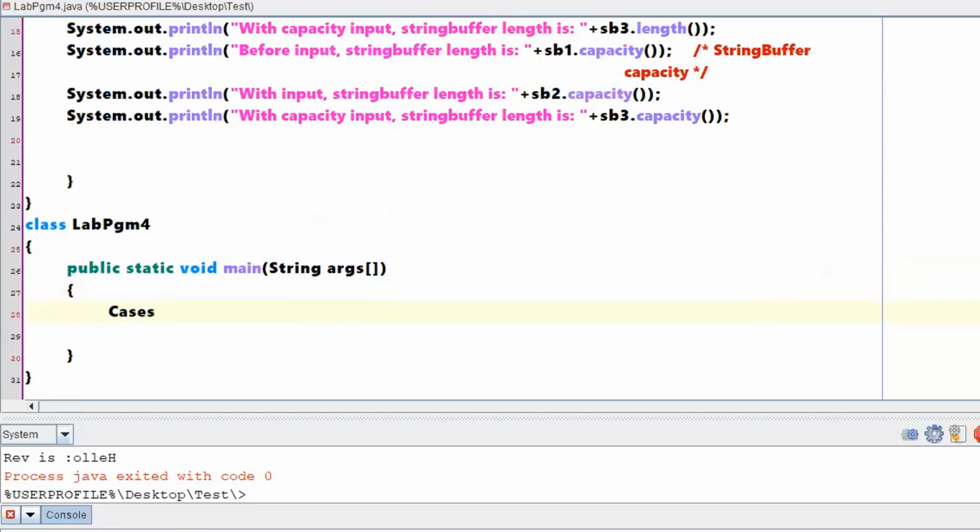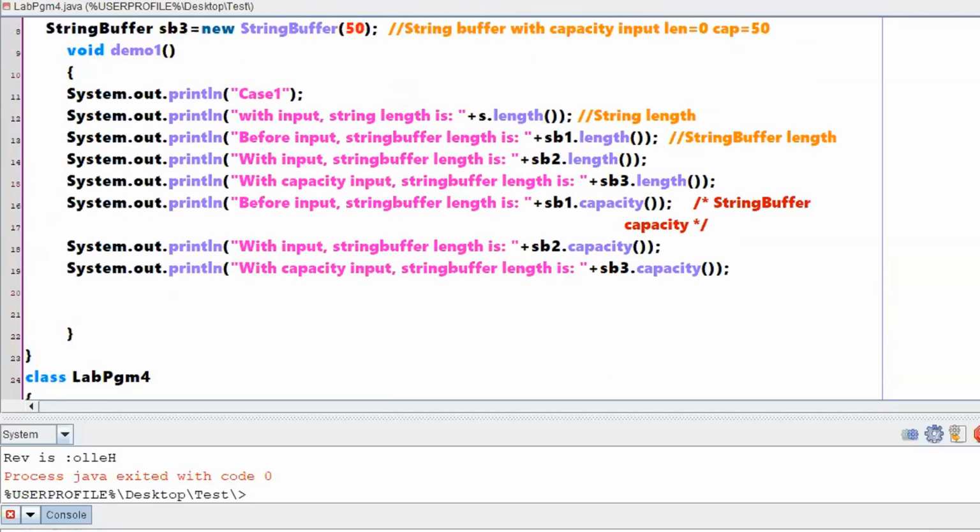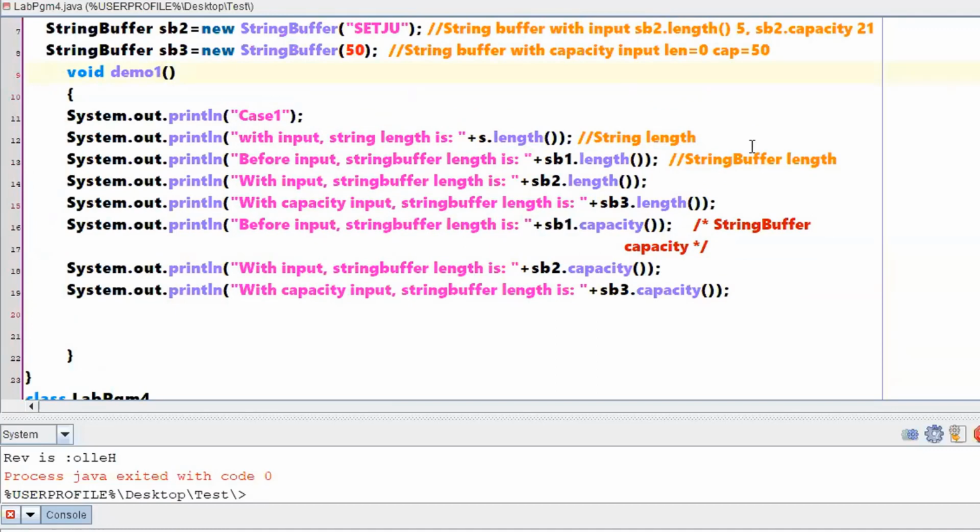I need to create an object of that class, then call that particular method. So C1, that means case 1, is equal to new Cases. Have created the object. Then by using C1, I'll call the method demo1. This is the method where I have written all those System.out.println statements.